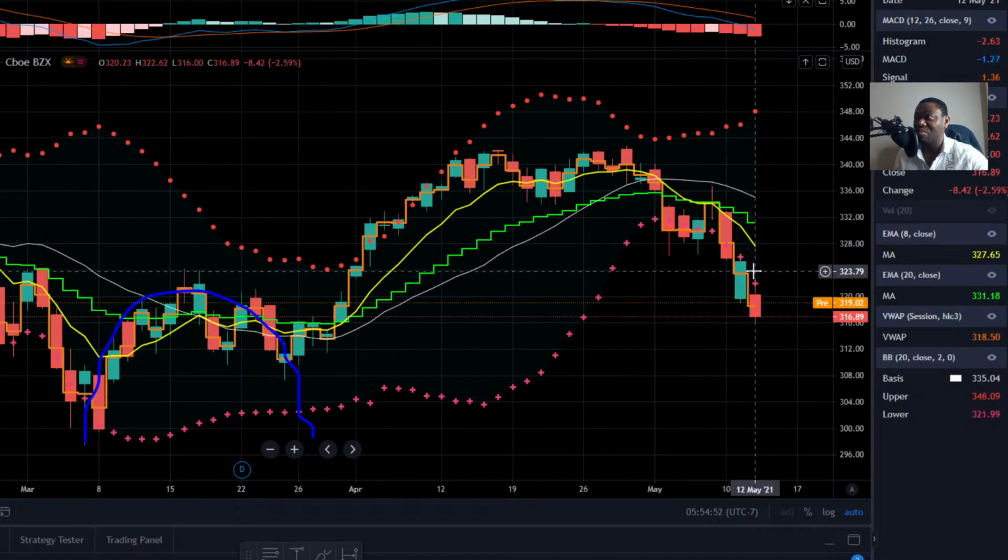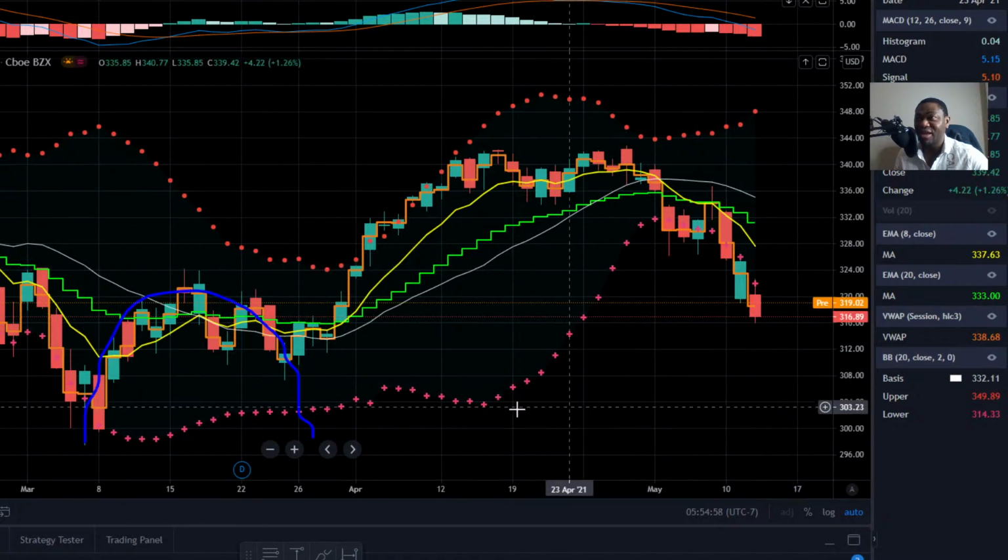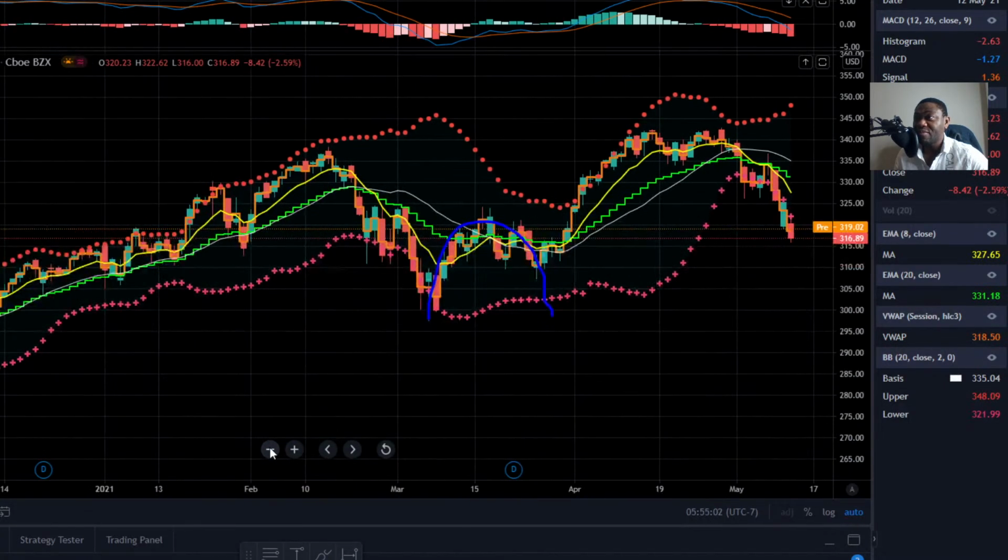The further we are from this yellow line, the EMA 8, the more bearish we are. Again, 1 day doesn't define a trend. So potential target prices, yes, 300. We are 19 points away from that. A previous